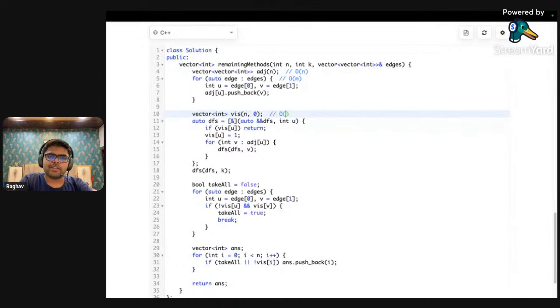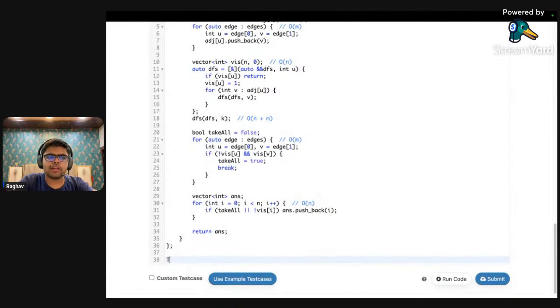Again, while creating this vector, you will have big O of n time complexity. This DFS function is being called only once, and it will have at most big O of n plus m time complexity. And this is going to have big O of m time complexity, and this one will have big O of n time complexity. So from all of these, it looks like the time complexity can be said as big O of n plus